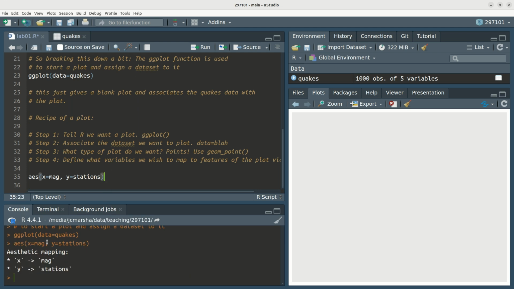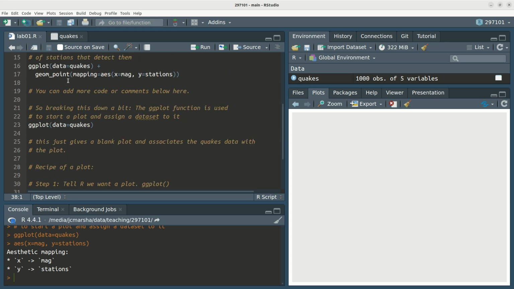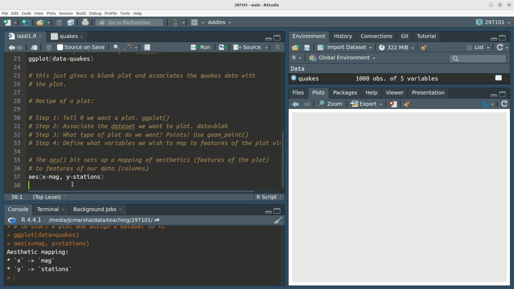The aes bit sets up an aesthetic mapping from features of the plot to features of our data, which will be columns or variables in our data set. Here we're saying that the x coordinate of points should come from the mag column, and the y coordinate of points should come from the stations column. So altogether we have